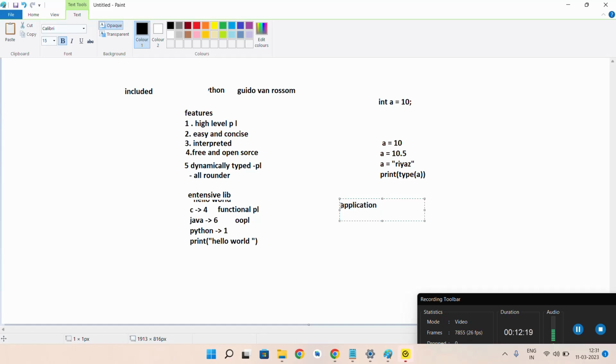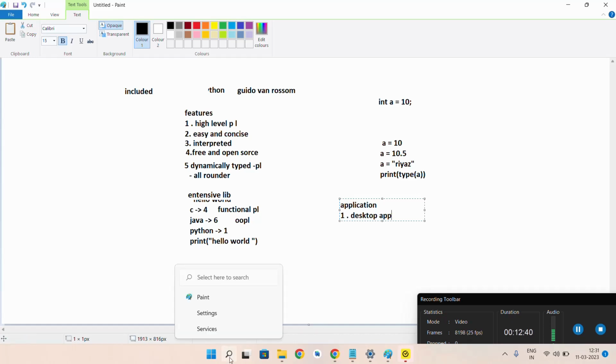If you know this, then you will come to know where we actually use Python. The first one is desktop apps. In order to create any desktop applications, Python is the best choice.